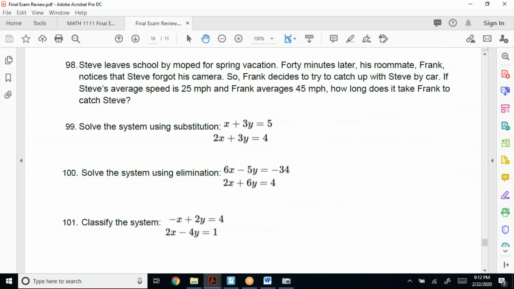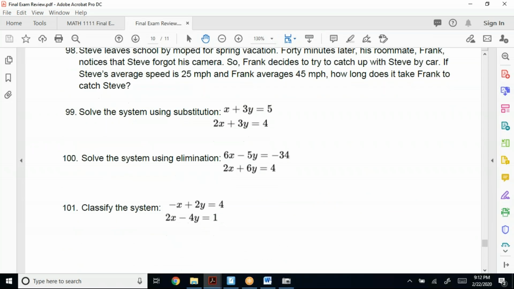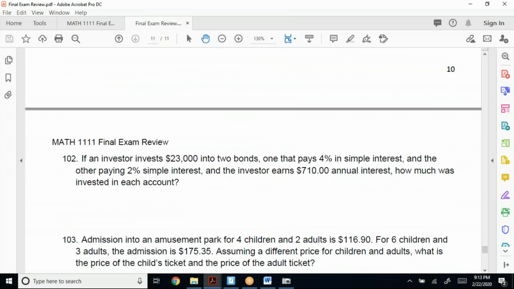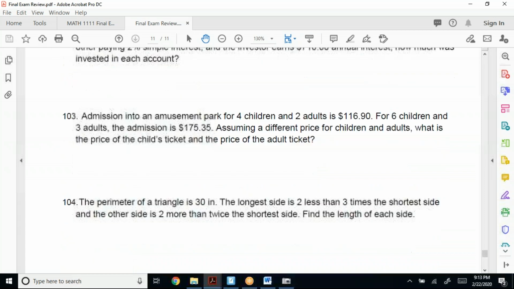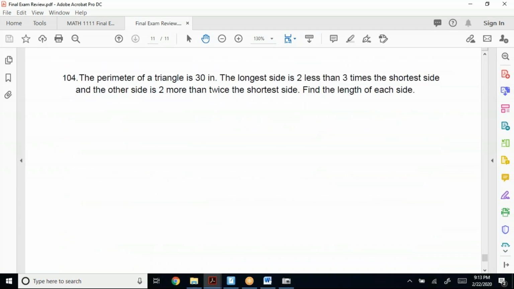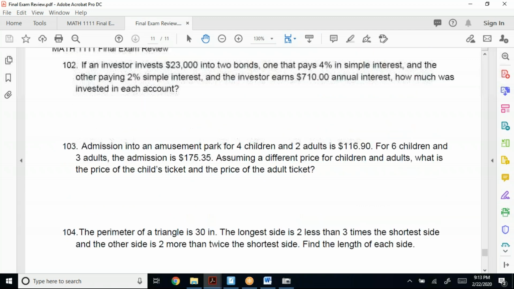And 99, 100. 102 is a really good simple interest problem. I'd look at that. And of course 104. 104 if you're looking at some linear, but really the perimeter of a rectangle one is really the most you